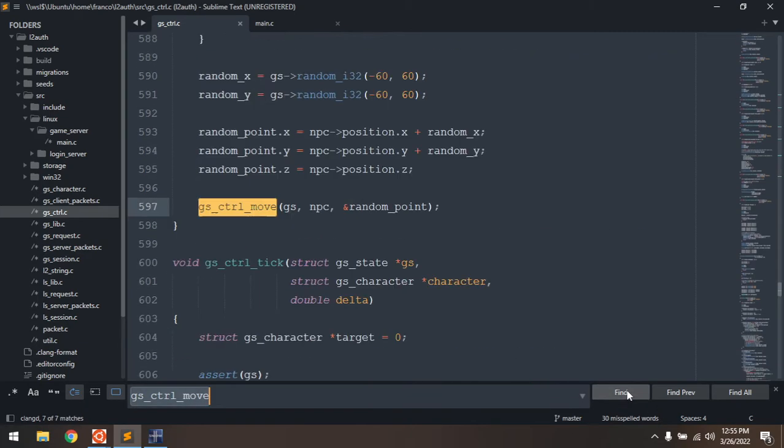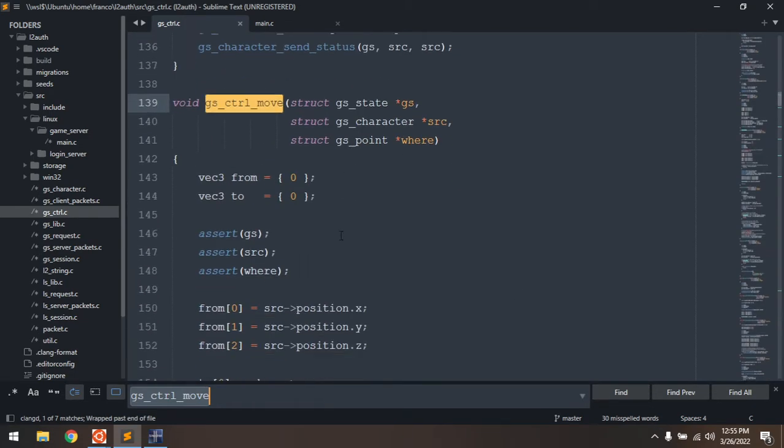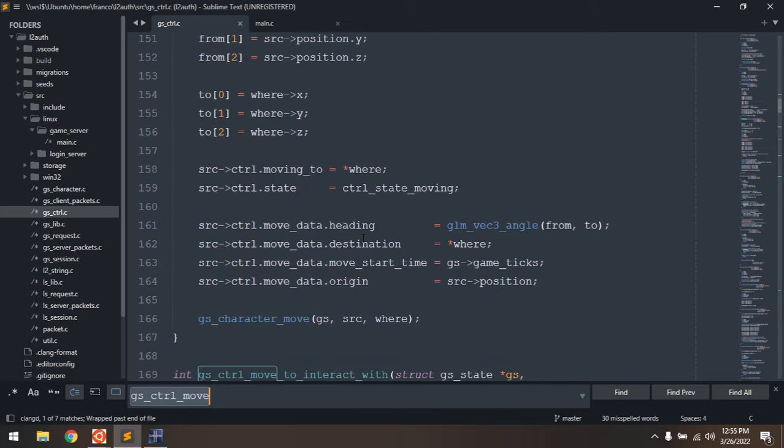So we get the destination and we save it, right? Good. All right, then on the tick function, we call the update